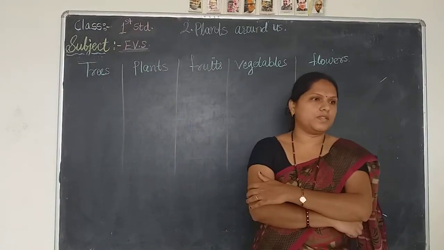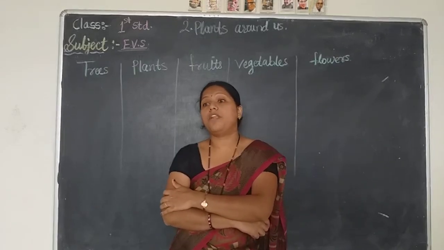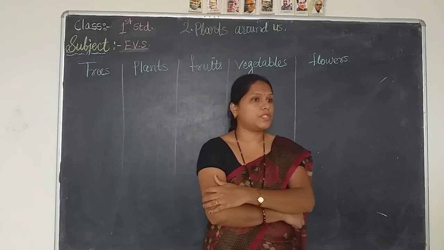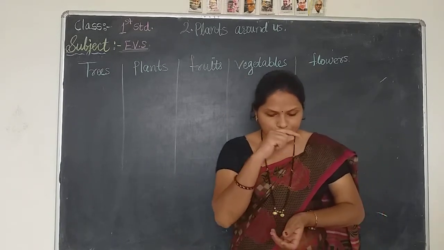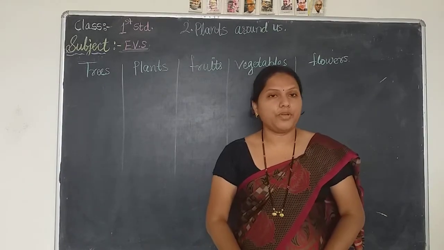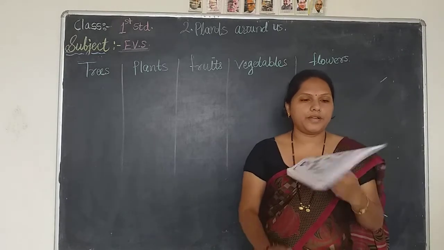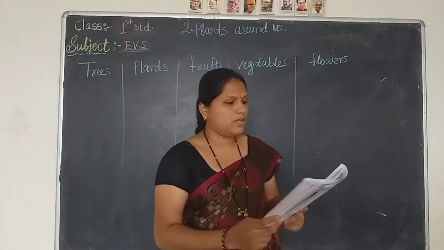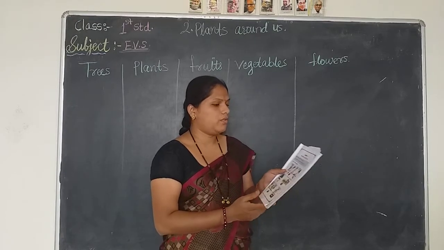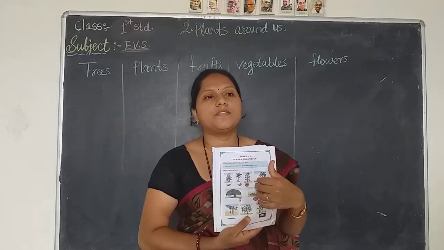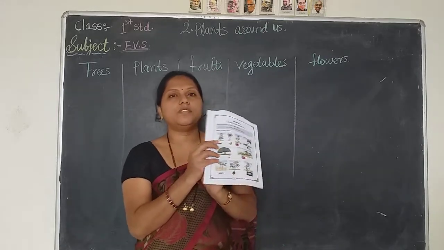outside of your houses. There are some different types of trees, some plants, flowers, vegetables, fruits, all comes in a plant, all comes in a tree. So, you open your books on page number 12, open a new lesson and see. They are given here some names of these plants. Okay, you have to identify which plant is this, which tree is this. Okay, first one, which one is this?